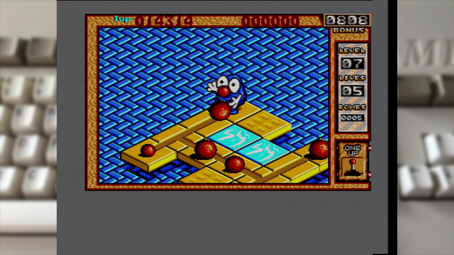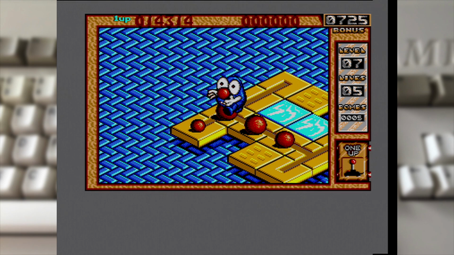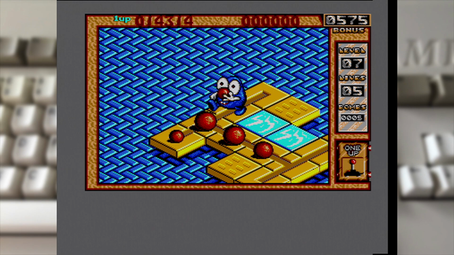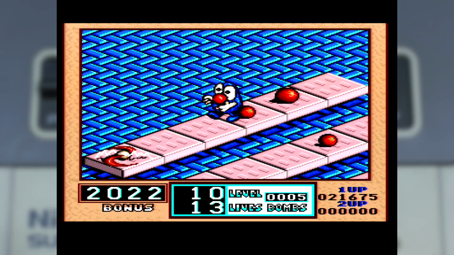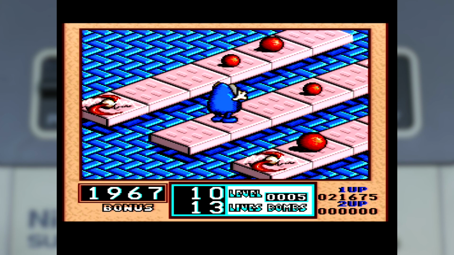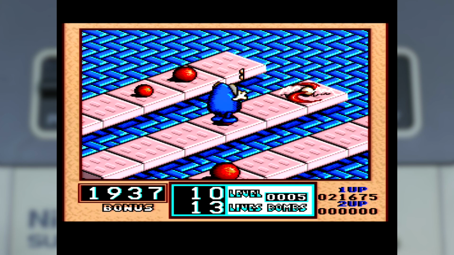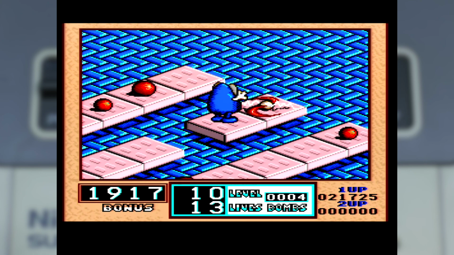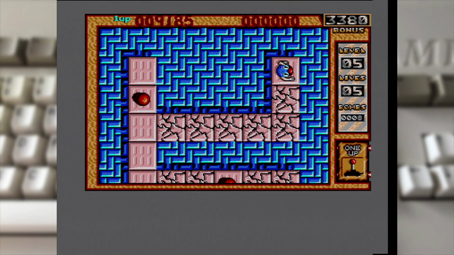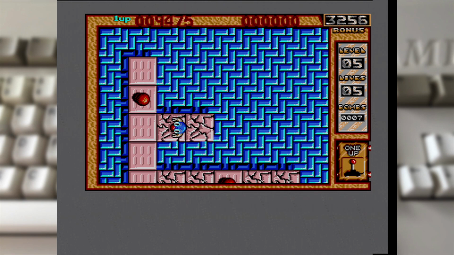Hopping to the 16-bit side of the fence, and one of the first things you're going to notice, especially in 3D mode, is your player character. I don't know why exactly, but the character design on both the Amiga and Super NES is just missing something over the C64 original. Once again, 2D mode is the preference for me here, especially on the Super NES, where